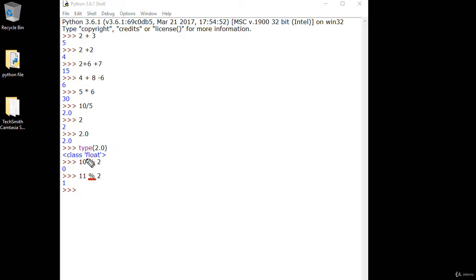And just to remind you of the float class: a decimal value such as 0.0 is of class float, and a non-decimal value is of class integer. So just keep that in mind. And other operations are like